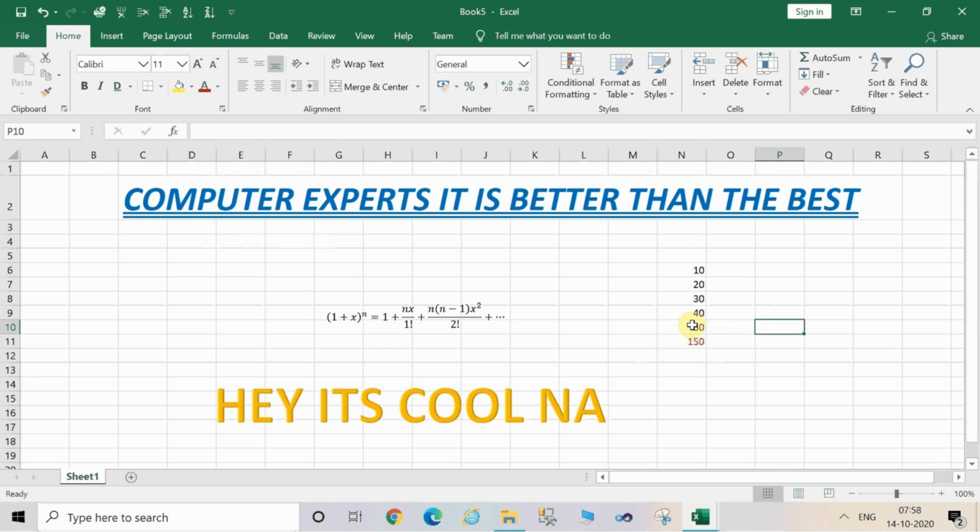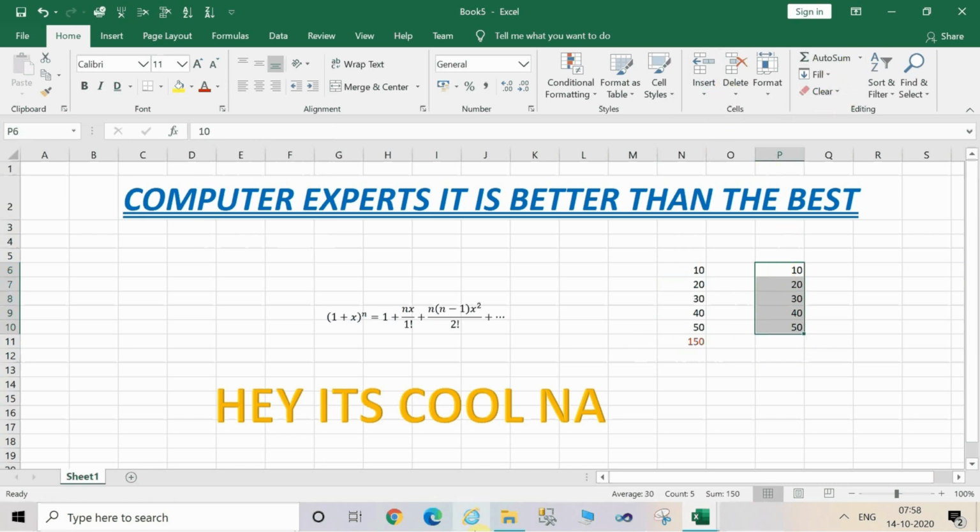Now I want to calculate the average, so let's copy the text from the screen, paste it over here, and now I want to calculate the average of these numbers. For this, select the range.